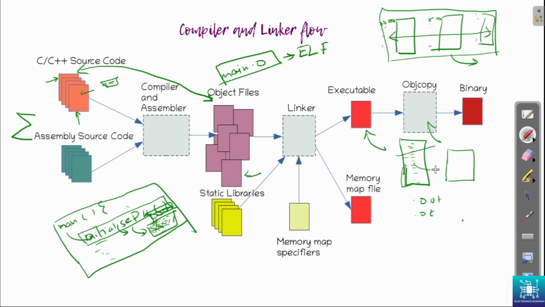So this contains code plus metadata. This only keeps the code here. Once it just keeps the code, that is a string of binary bits, this can in turn be burnt onto the flash. Now when you debug, this executable is necessary, of course, because if a compile is done with a -g option, that is keeping the debug information in the executable, of course we will be needing this .o file, because